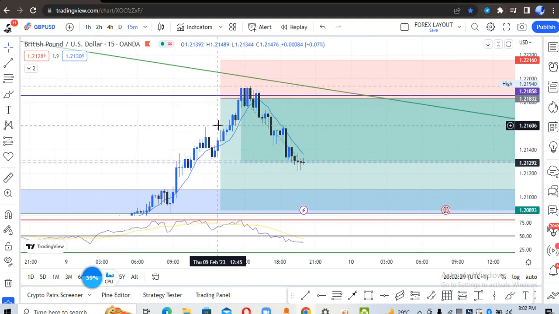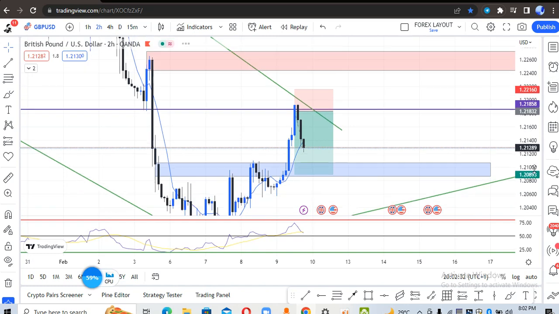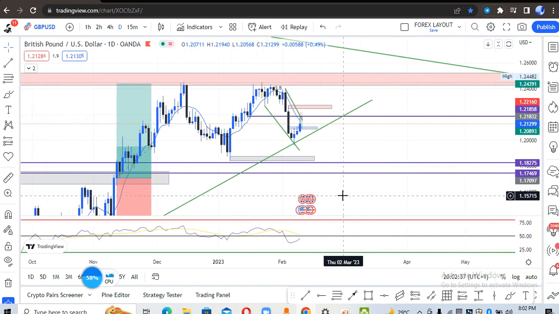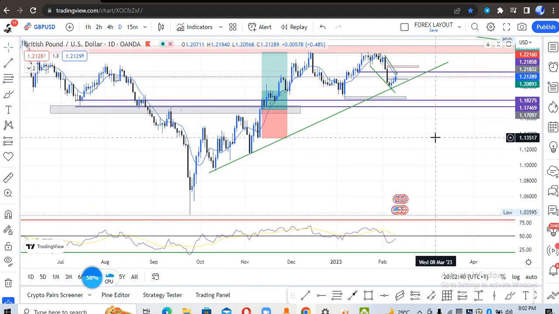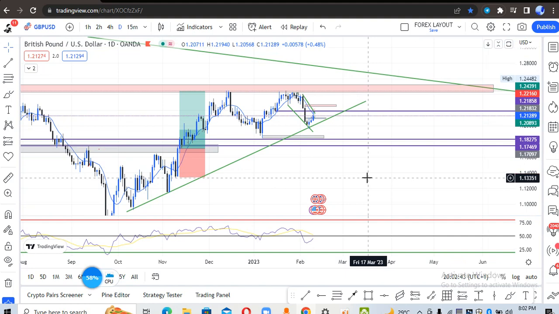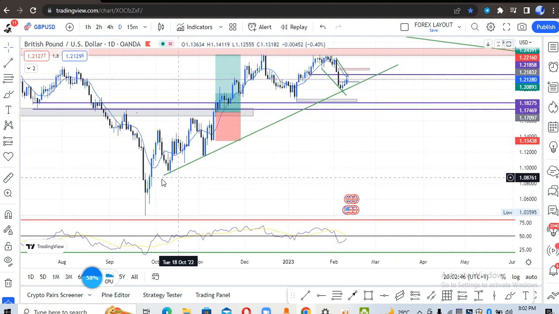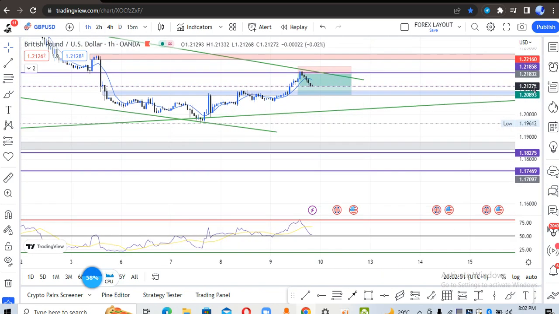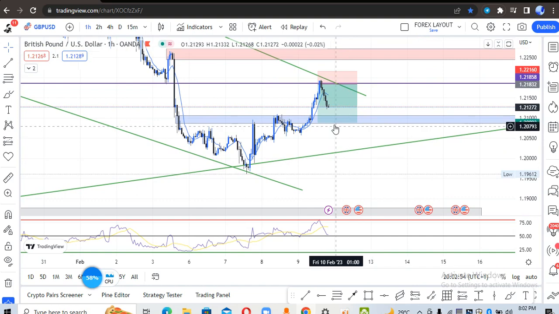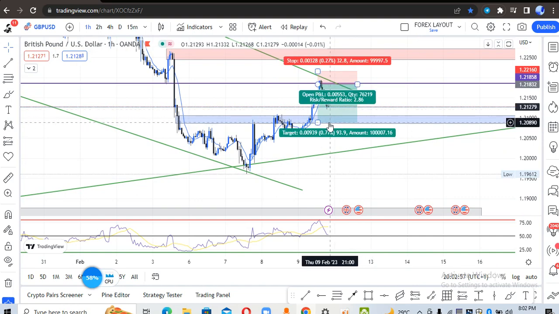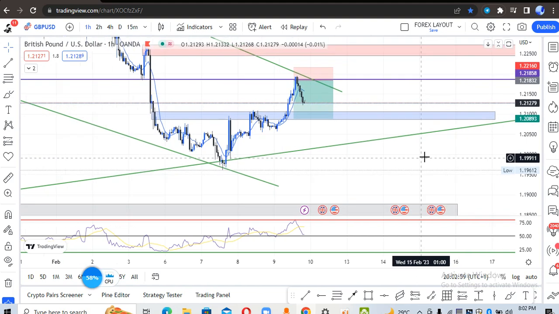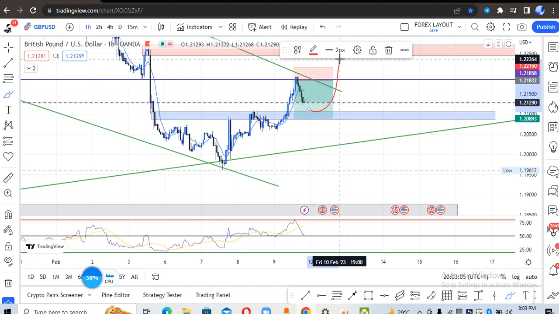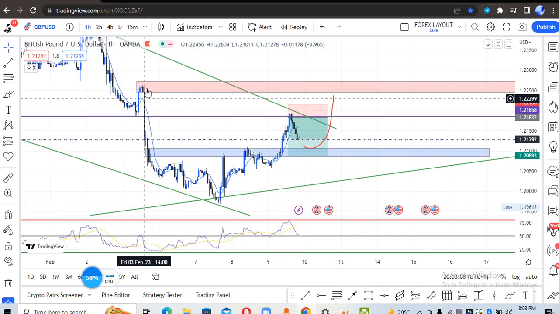Now what do we expect to happen in GBP USD? Well, for now, if I look on the larger scale, I think we are still trending upwards on the daily time frame, as you can see over here. As you can see this trend line right here, we did not break this trend line. So what I think is going to happen is that in the meantime, GBP USD is going to hit this level right here. I'm actually going to close this trade once I get to this level and wait to see the reaction. The reaction I'm expecting is something like this, to go back and create another high around this area because of this order block right here.